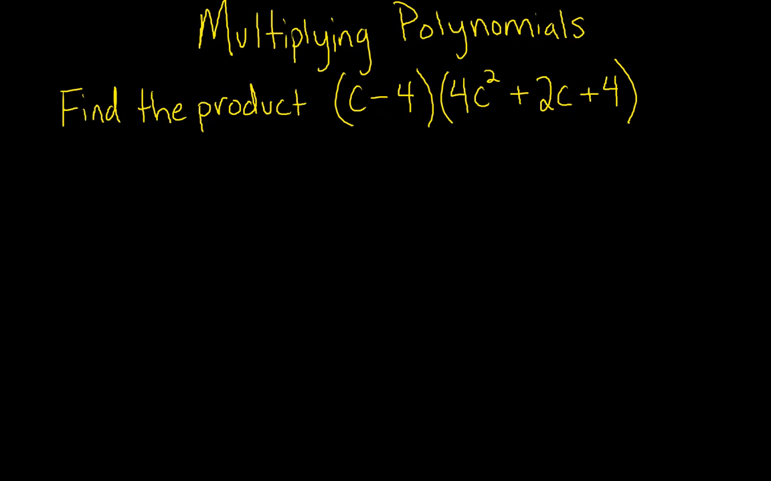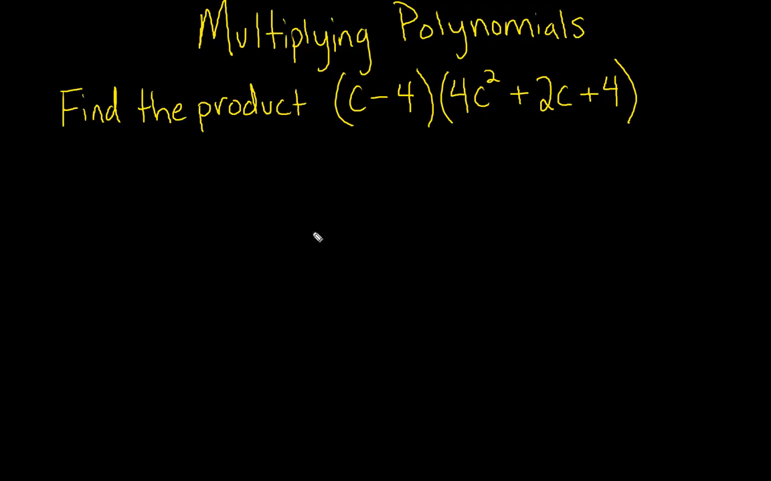So we're given this problem. We are asked to find the product of c minus 4 times 4c squared plus 2c plus 4. In order to multiply polynomials, we must multiply every term of one polynomial by every term of the other polynomial. And really, it's just a way to do the distributive property, but we need to make sure we multiply every